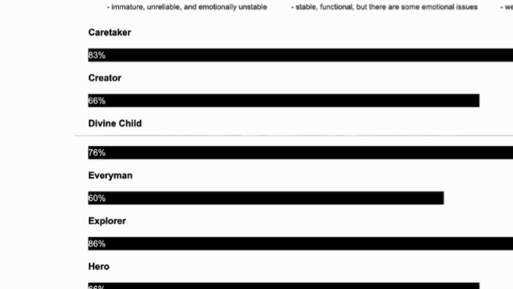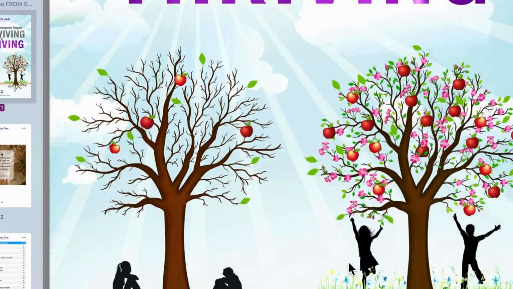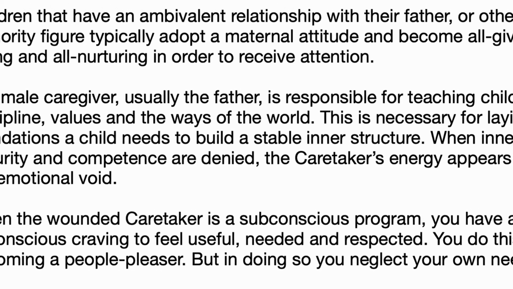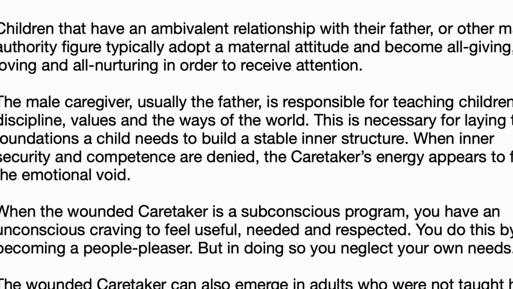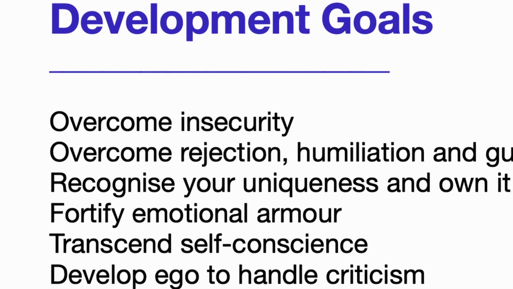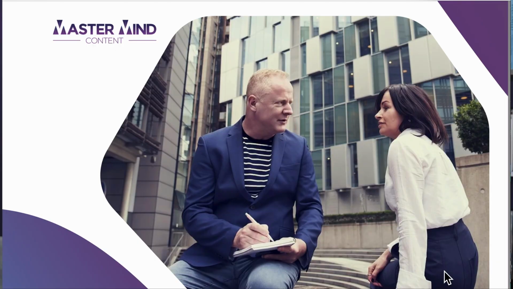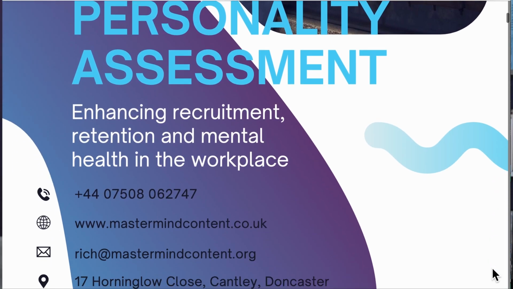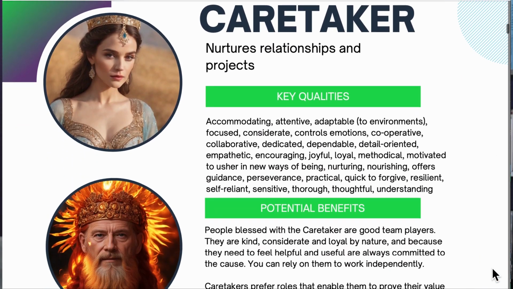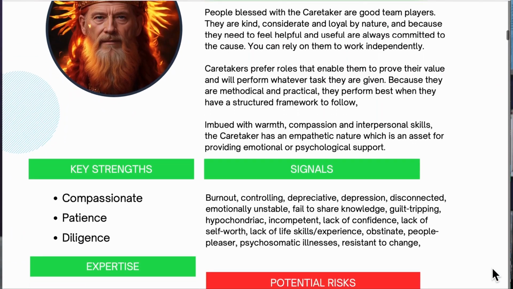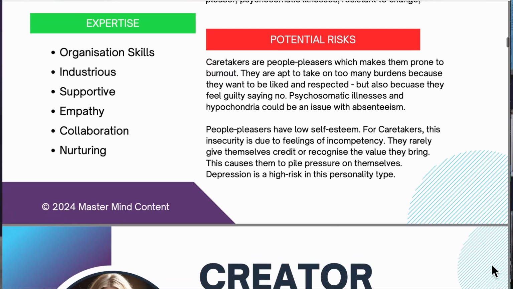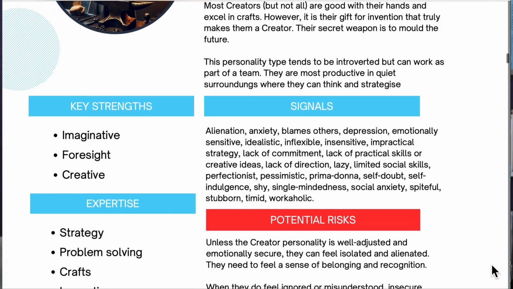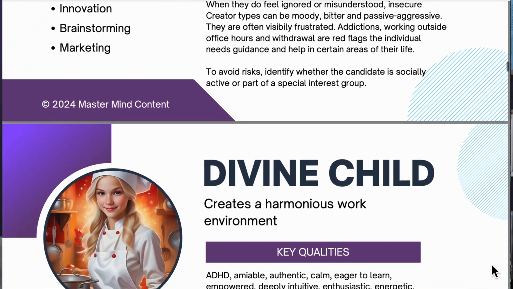Now, on a personal level, the Essential Self-Development Handbook provides information about why an archetype is underdeveloped and what you can do to develop it. And on a professional level, the HR Personality Handbook highlights the key qualities for each archetype. And this helps you to identify candidates that are perfect for the role that you are advertising. The most suitable candidates can be identified through the qualities that you most need.